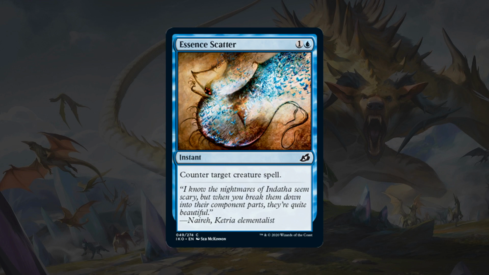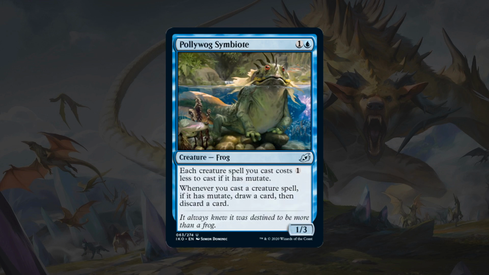I think Essence Scatter is going to be a high pick. Next is Polliwog Symbiosis. This is actually a really fun build around. It helps you get deck velocity. If you get 1 mutate spell, you can start getting rid of those extra lands, and you can start getting them out early. So you can go turn 2 Polliwog Symbiote, and then turn 3 slam some massive mutation onto it,